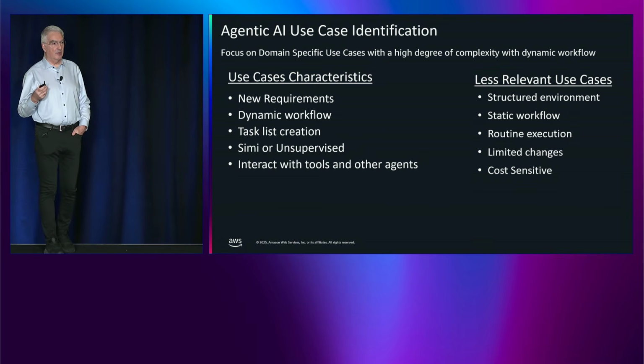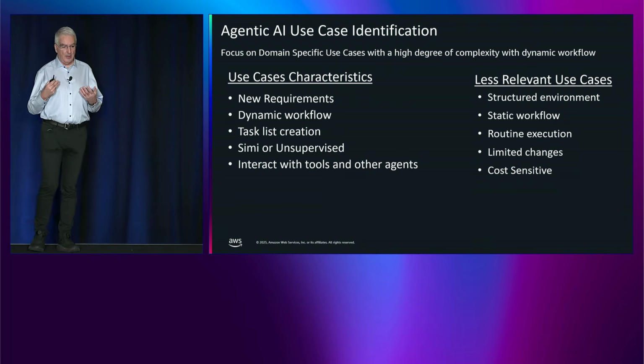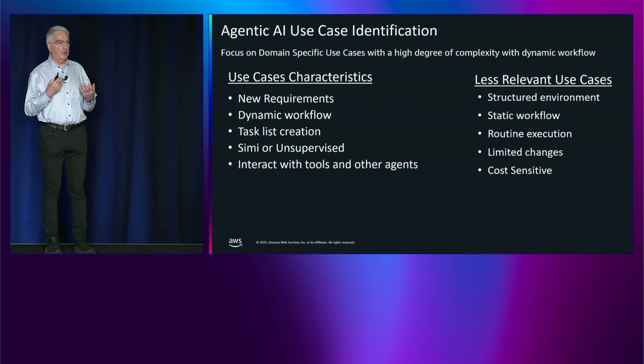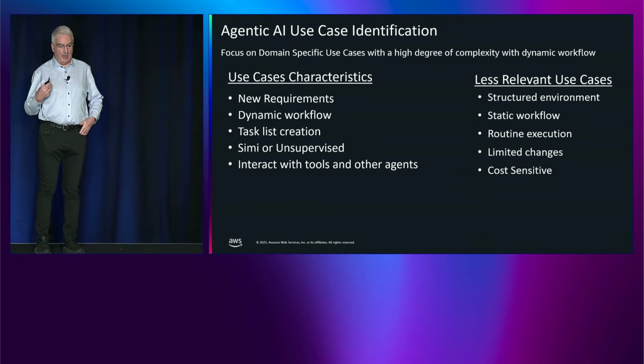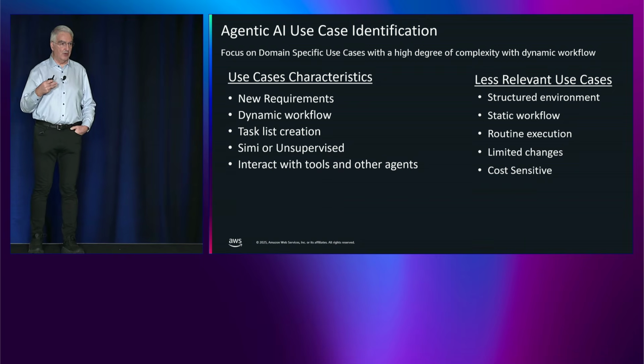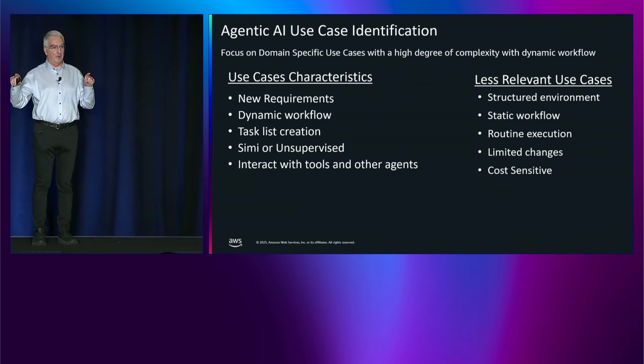Agents are good for tasks where customers are coming to them and asking them questions that they haven't seen before. They're good for creating workflows that are dynamic or created on the fly. And they basically work towards a task list, and they interact with other tools and other agents, so they can mesh with different tools. In our demo, we'll show that where we have an agent calling a generative AI system to create some text, but also to create an image.